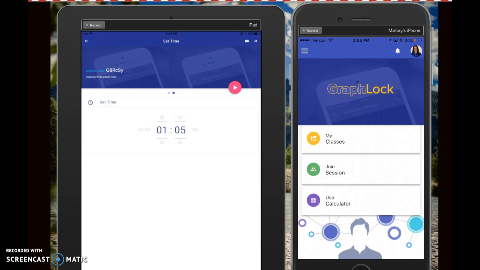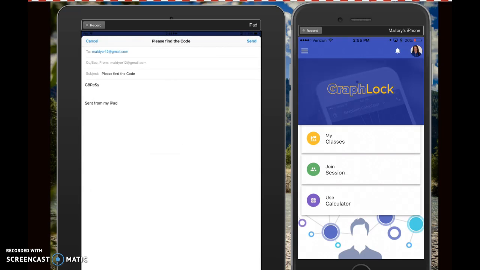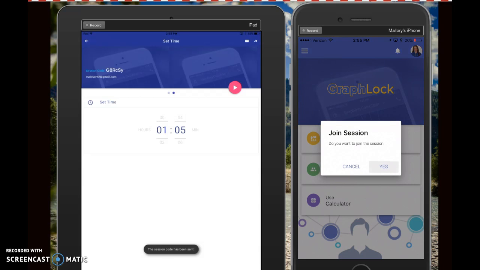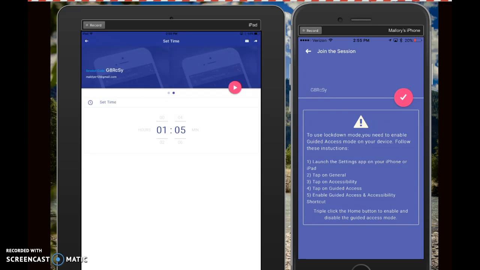There's a few ways they can do this though. If you click the envelope tab in the upper right corner, it will automatically generate an email for you to send directly to your child with the code that they can then copy and paste to their side. The other thing is you can click this arrow in the upper right corner. It'll automatically send a push notification to them. Notice I select yes here. It automatically puts that session code in your child's device for them,